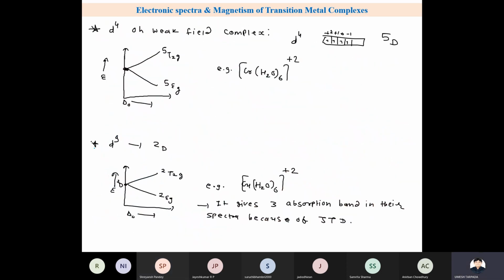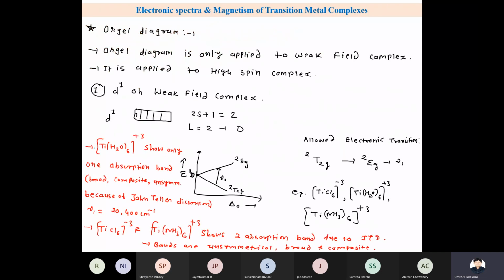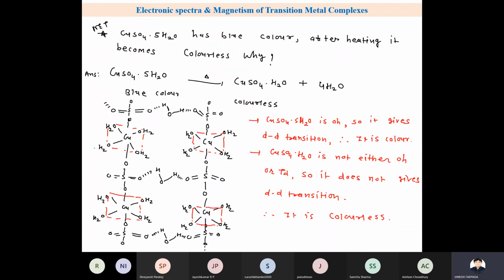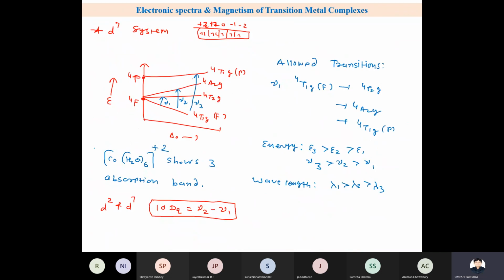देखो मैंने ये दो फॉर्मूला सिंपल दिया। D2 और D7 सिस्टम के लिए कौन सा फॉर्मूला याद रखना है? न्यू 2 माइनस न्यू 1. ओके, और D3 और D8 के लिए ये सब ओनली रिवर्स हो जाएगा, न्यू 1 इक्वल टू 10 DQ. ये दो आपको याद रखना है। कई बार 3 ट्रांजिशंस वैल्यू प्रोवाइड कर देंगे, तो उस हिसाब से आपको न्यू 1 का ही यूज करना है।